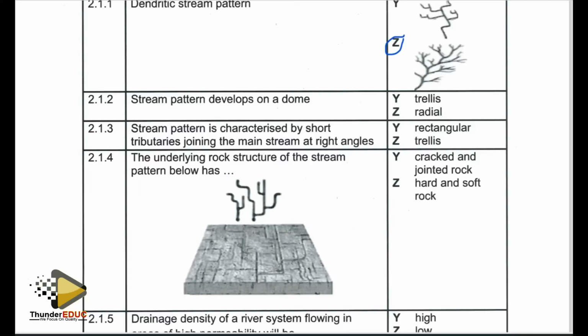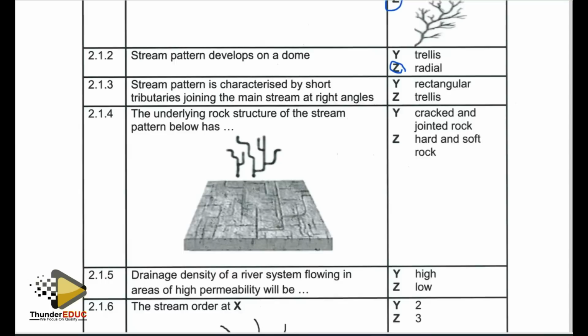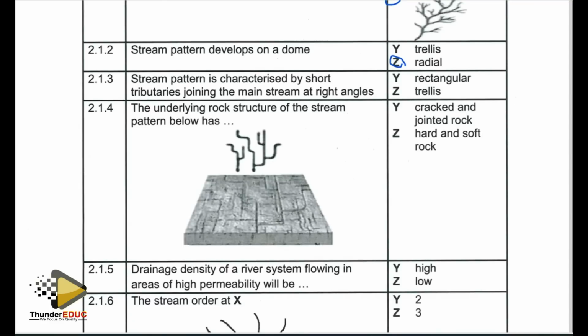We tend to have streams radiating from a focal point. The streams will develop from one source and they will radiate in different directions. So the stream pattern that we tend to find in that instance is radial. Radial, the streams will be radiating from one focal point in different directions. The source being an elevated landscape, they will be flowing towards low-lying areas in different directions in a radial form, radiating from a core focal point.